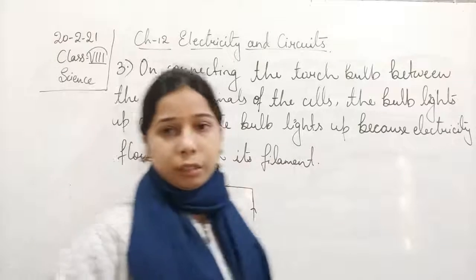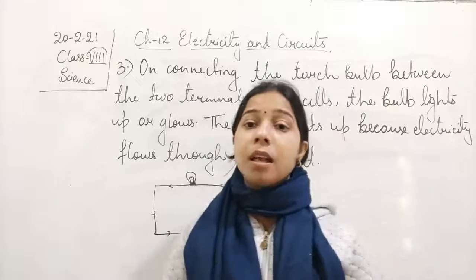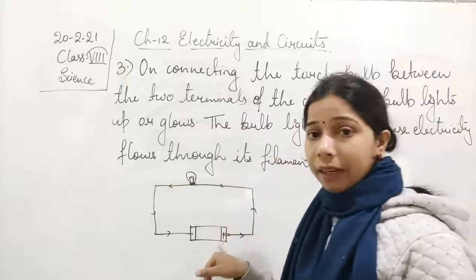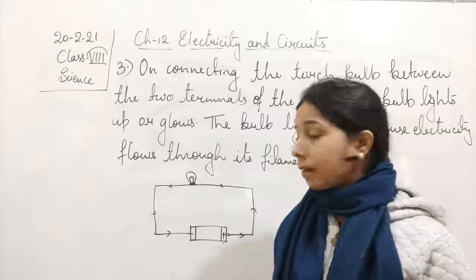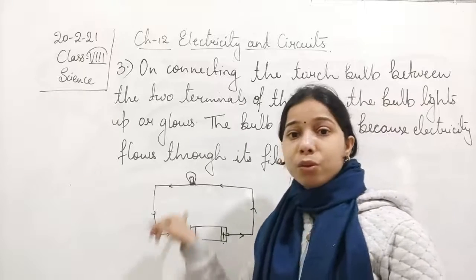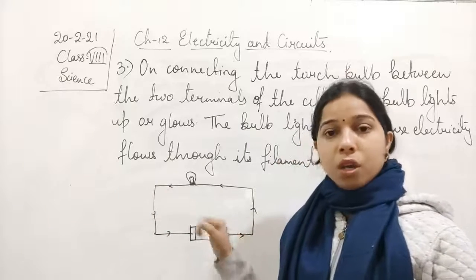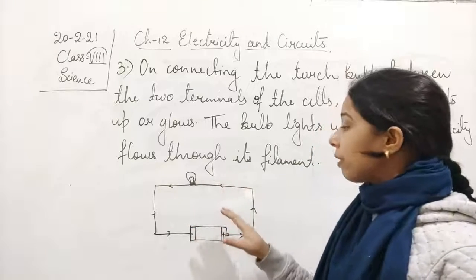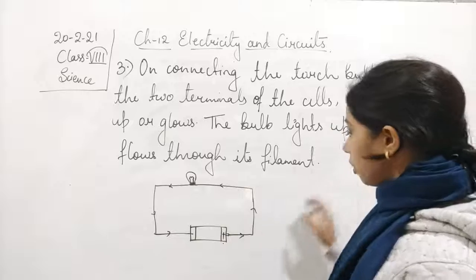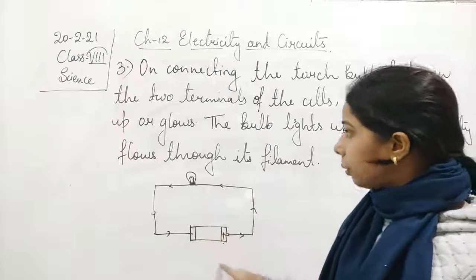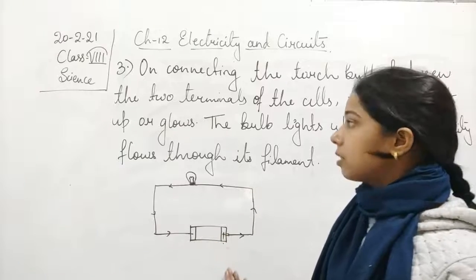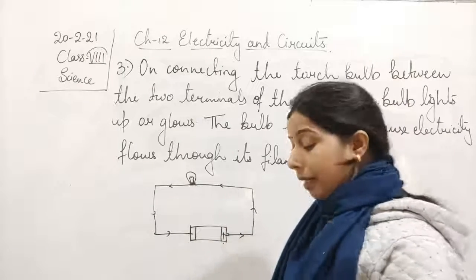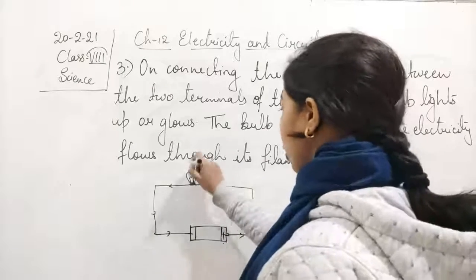So you have seen here, students, that we have connected the bulb from one terminal of the wire at one end, and we have also connected the second wire through the negative terminal to the torch. Now we have completed the circuit. When you connect the torch bulb to the positive and negative terminals of the cell properly, you will find that this bulb will glow.